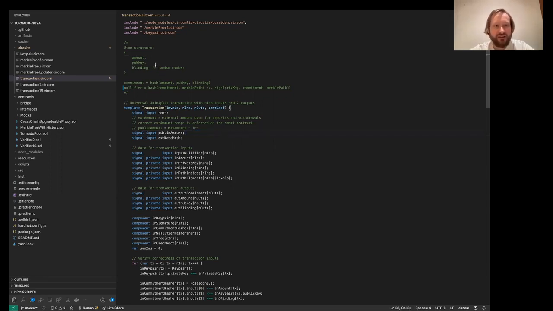And then there's a single output of 2.5 Ether that is also shielded and belongs to me. So I have an input of 3 ETH and an output of 0.5 to public plus 2.5 ETH to another output that still belongs to me.